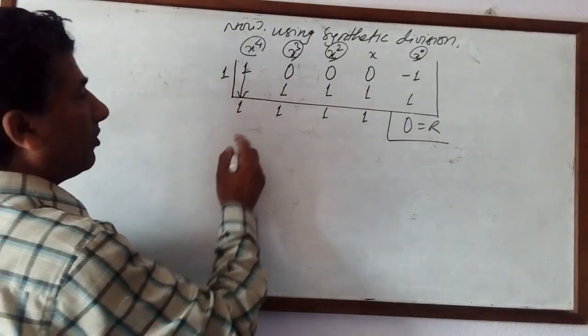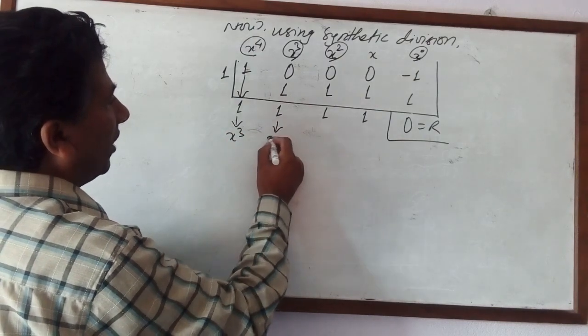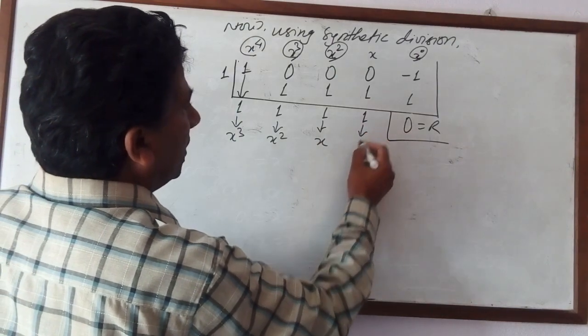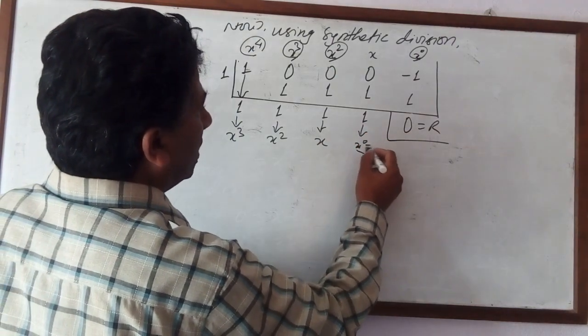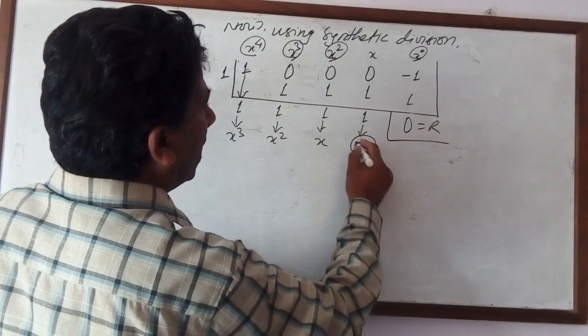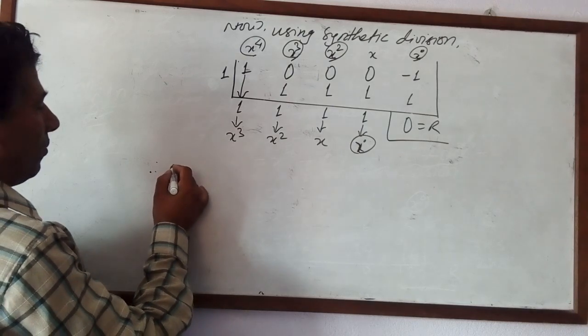Here is x power 4, then this one will be x cube, this will be the term of x square, this will be the term of x, and this one will be the term of x power 0. It means 1. Power 0 means 1. Actually we do not write x power 0. Now therefore the quotient